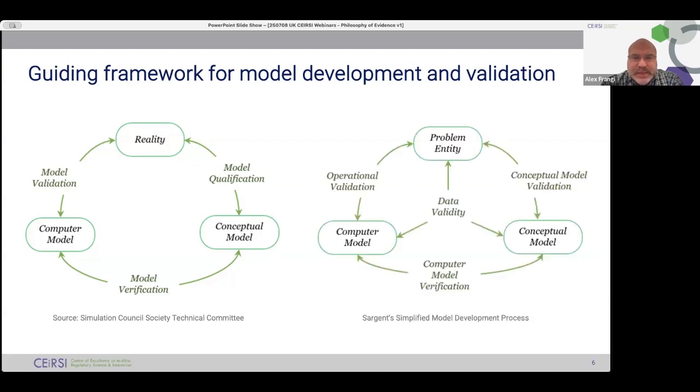Now, in building one of these models, there is a central component, which is data. And the data itself needs to be valid, because otherwise we are informing models that are qualified but are ill-informed in terms of the data that parameterizes them. So data is as important as some of these other technical aspects that we were talking about.